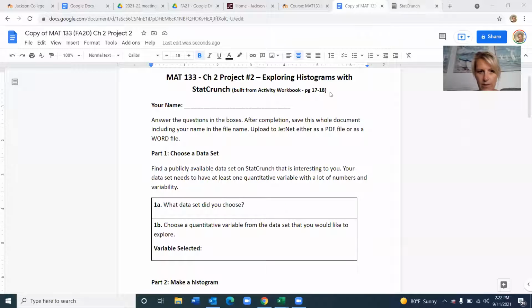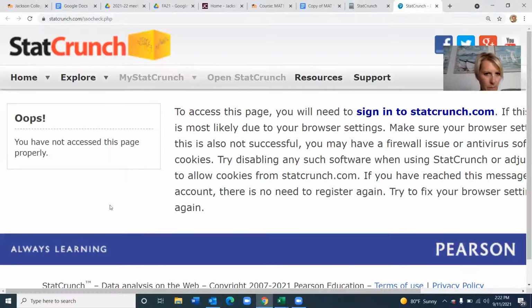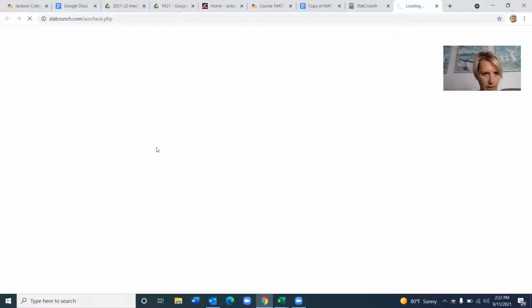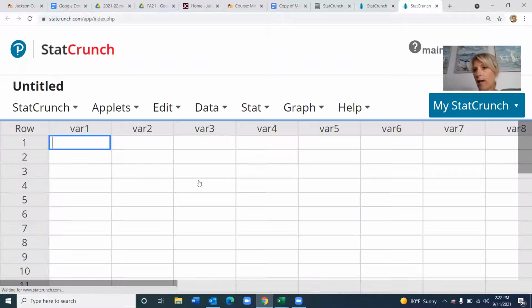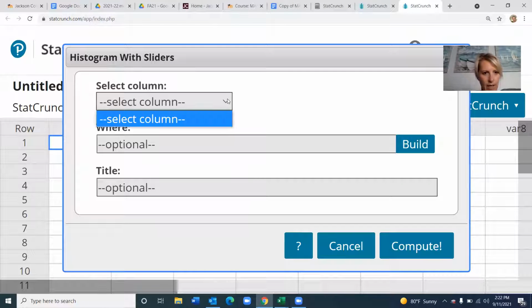Okay, so I'm going to go to Statcrunch. And I'm going to open Statcrunch. So in Statcrunch, you're not going to choose a graph. You're going to choose an applet. So you're going to go over here to the applet and you're going to go down to the one that says histogram with sliders. And then,